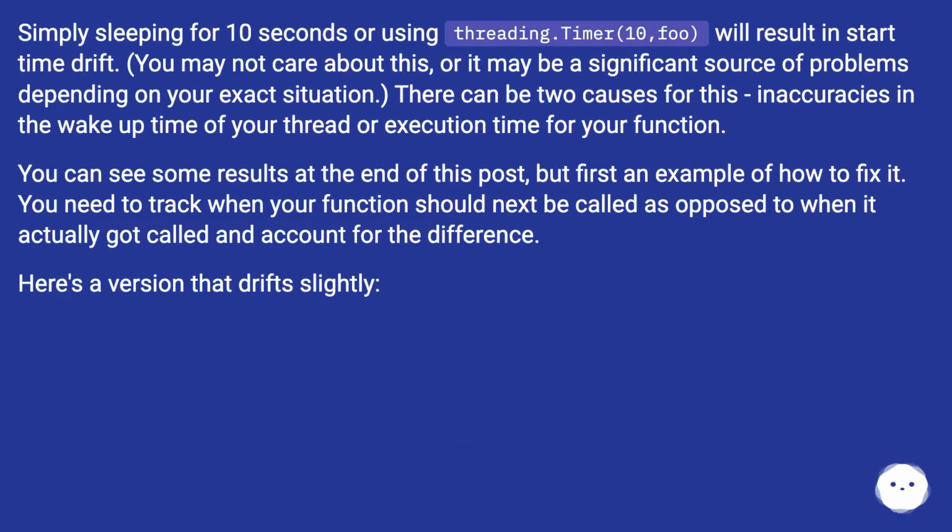Simply sleeping for 10 seconds or using threading.Timer(10, foo) will result in start time drift. You may not care about this, or it may be a significant source of problems depending on your exact situation. There can be two causes for this: inaccuracies in the wake-up time of your thread or execution time for your